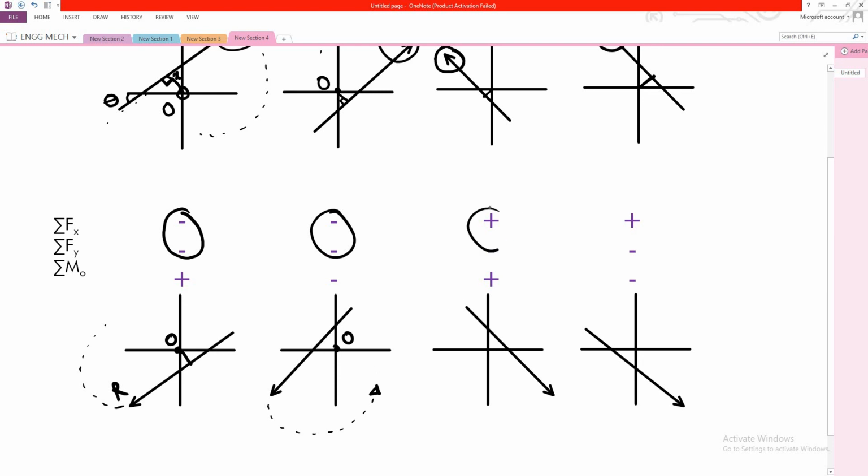Okay, similarly for quadrant number 4, two possibilities of moment, that is clockwise moment and anti-clockwise moment. First, place the resultant in its very quadrant, then decide whether to put it in an upward manner or downward manner so that the proper direction of movement is maintained. See here, it will be going in a clockwise manner when it is in the fourth quadrant, and when we are putting the resultant below this origin O and again in the fourth quadrant, it will be making the system go in an anti-clockwise manner.